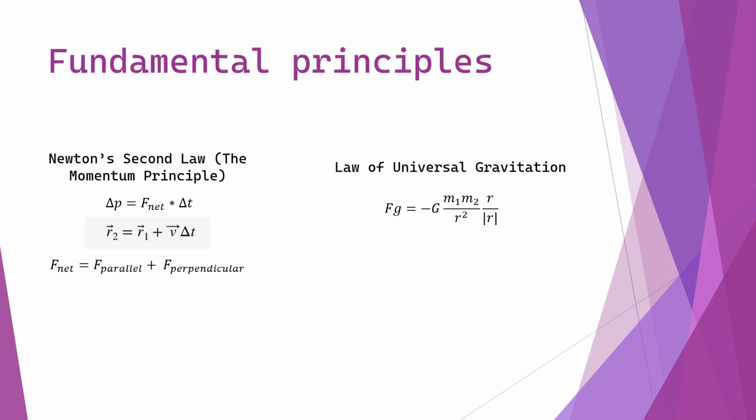Principles governing this lab are the universal law of gravitation and Newton's second law. Newton's second law, also known as the momentum principle, can be summarized in the rearrangeable equation delta P equals F net times delta T. This principle extends to circular motion, where F net can be broken into its components F parallel and F perpendicular, where their sum is F net. F parallel describes the magnitude of the change in momentum, while F perpendicular describes the change in the direction of